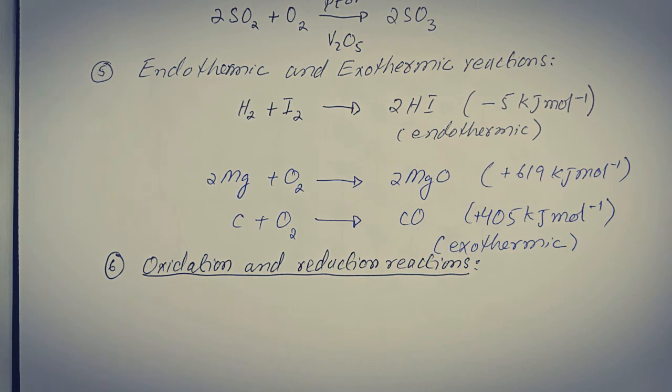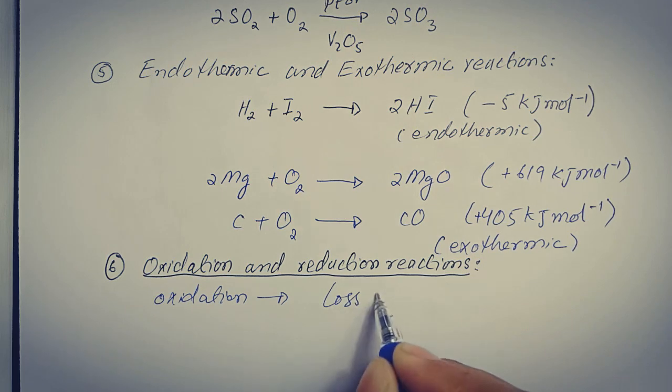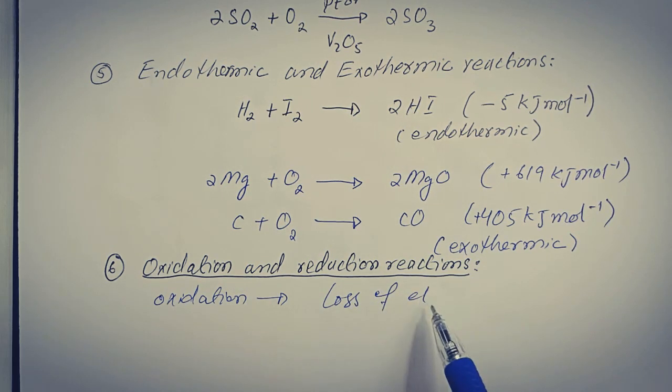Oxidation and reduction reactions are also known as redox reactions. The reactions involving electron transfer are called oxidation-reduction reactions or redox reactions, and every oxidation process is accompanied by reduction. Oxidation, the loss of electrons or gain of positive charge, is known as oxidation. Loss of electron